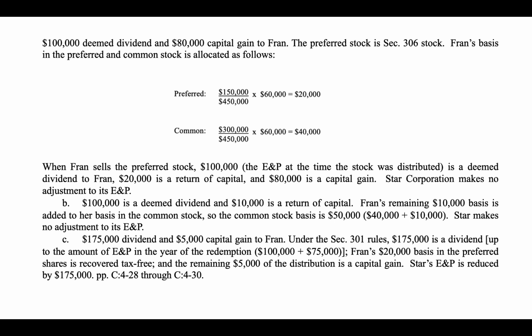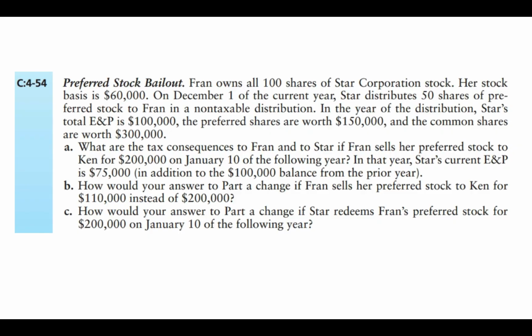And so the capital, the basis she has allocated to her preferred shares is $20,000. So there'd be a $20,000 return of capital. So now we've taken care of $120,000 of the $200,000 she sold her stock for. The remaining $80,000 is a capital gain. And Star Corporation makes no adjustment to its earnings and profits. All right, so that was a disposition,